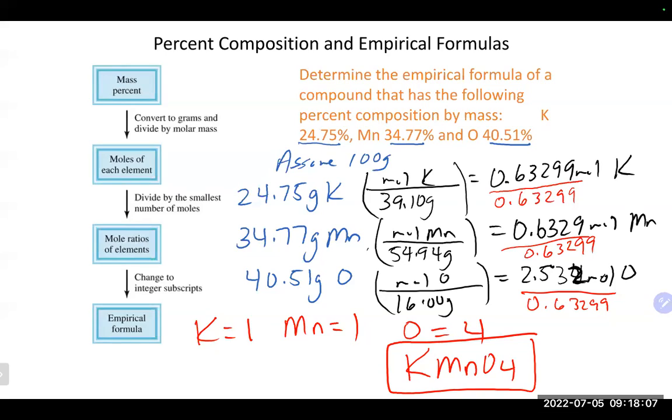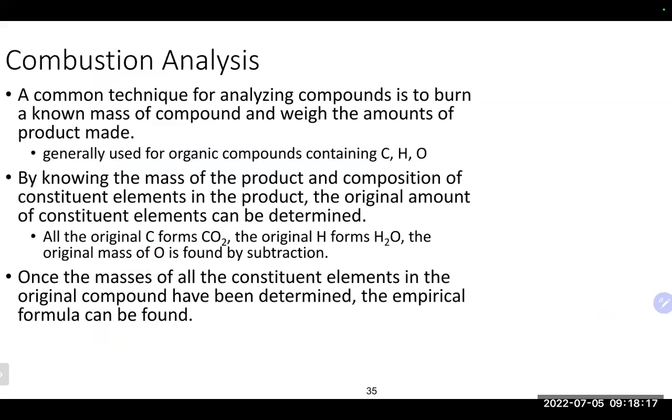All right, why don't you try one then? Let's see here. Actually, no, let's take a look at another one. I'll take a look at another way of doing empirical formulas actually. So another way that we can commonly do empirical formulas is through what is referred to as